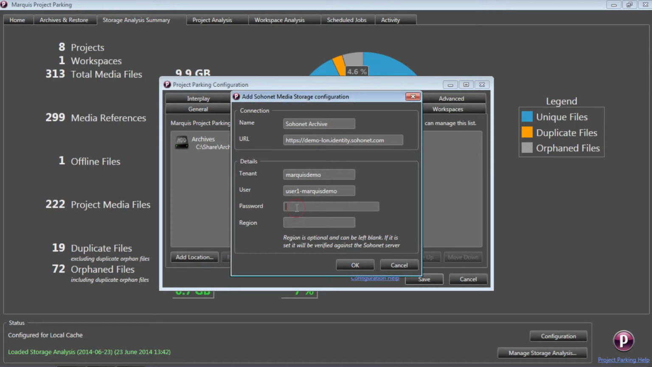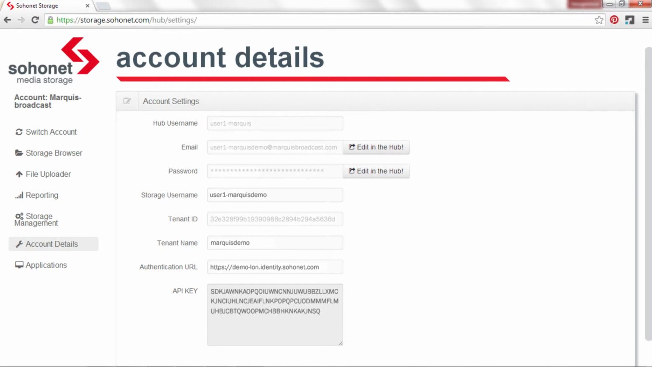And finally, provide the password to access the Sohonet Media Storage account using the tenant username provided. All these details are located in your Sohonet Media Storage account details. Please speak to Sohonet for more details. To illustrate, the account detail space should look like this, where the details can be easily correlated to the configuration